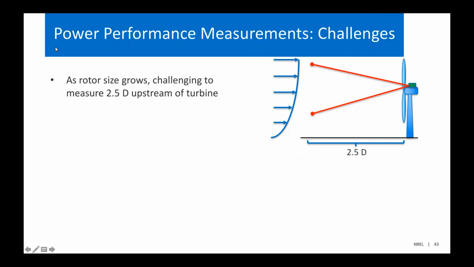Some challenges with using Nacelle LiDARs for power performance measurements are that if we're required to measure the wind 2.5 rotor diameters upstream of the turbine,